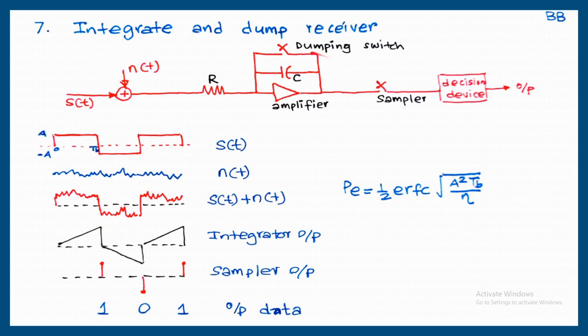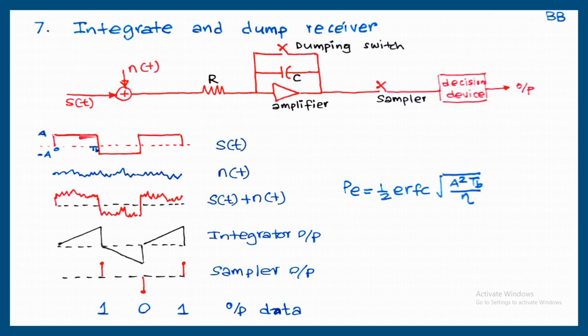So both are closing at every TB seconds, but this is going to be closed at t equal to TB. This will close at t equal to TB plus. That is just after taking this output voltage, this switch is going to close. Capacitor voltage will come back to 0. Again, for the new bit interval, charging, sampling, discharging. This process will continue. Now based on the voltage we are getting here and based on the decision algorithm, the output decision can be made.